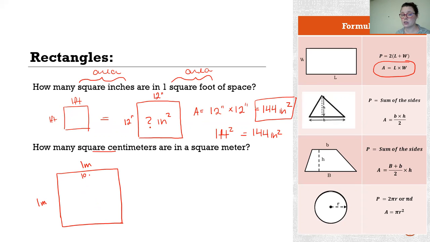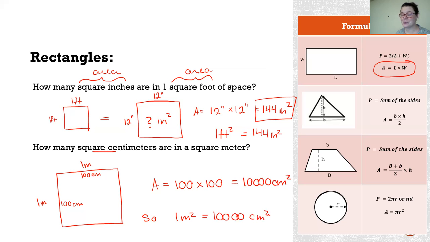So we'll do 100 centimeters times 100 centimeters. So area is equal to 100 times 100, which gives us 10,000 centimeters squared. So 1 meter squared equals 10,000 centimeters squared. Now you know how to make a squared conversion for area, and I don't have to give you